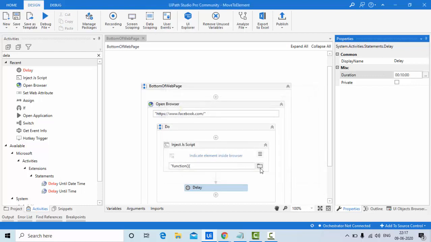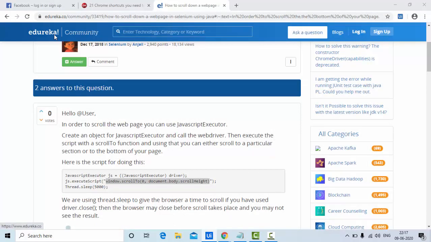Here in inject.js you can also invoke this JS from a file, that we are going to see in some other demo guys. This is a basic demo that I want to show you.